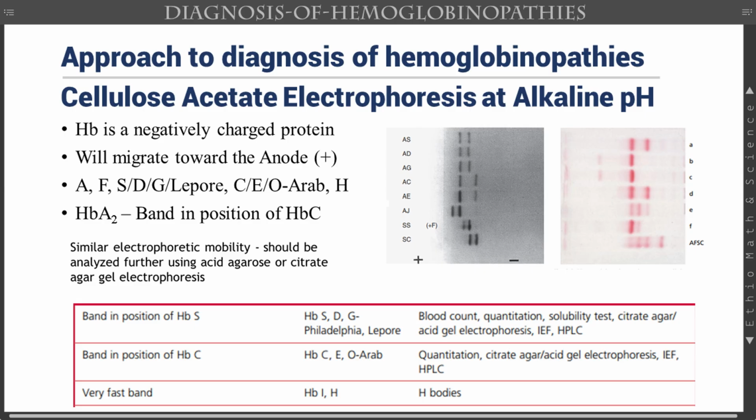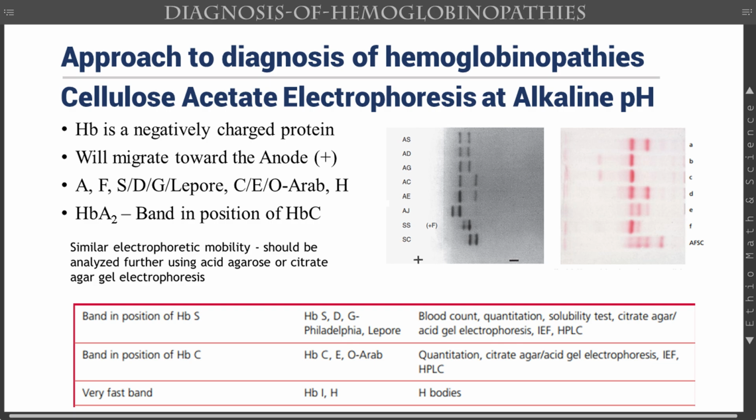Remember a key physical fact. Hemoglobin molecules carry electric charge, so they move in an electric field. On alkaline cellulose acetate electrophoresis, hemoglobins migrate toward the anode, and typical bands you might see include A, F, S, or D, G, Lepore, and C, or E, O Arab, H. Note that HbA2 often appears in the same region as HbC in some systems. In plain terms, band position helps us narrow which variant or combination we're dealing with, but other methods are usually